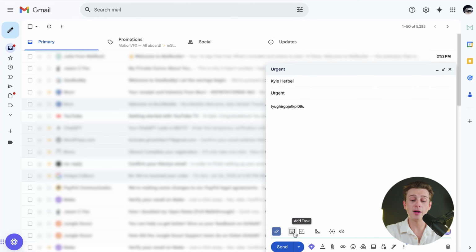This is from Mailbutler, and this allows us to add a bunch of functionality to our emails that we otherwise couldn't do with just the base level edition of Gmail. As you can see here in the left corner, we have this little thing, which is tracking. If you uncheck this, it won't track anything. If you check this, it will track the emails specifically when they're opened. And we can even specify to track opens and if they're clicked on as well,